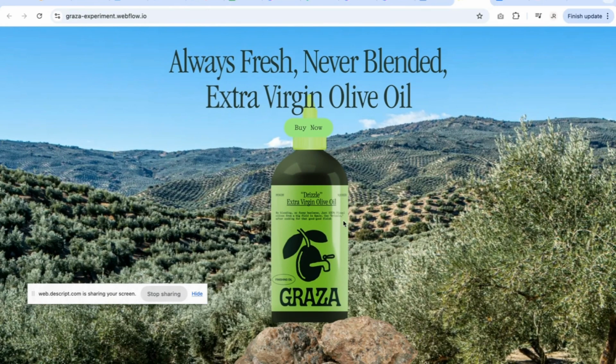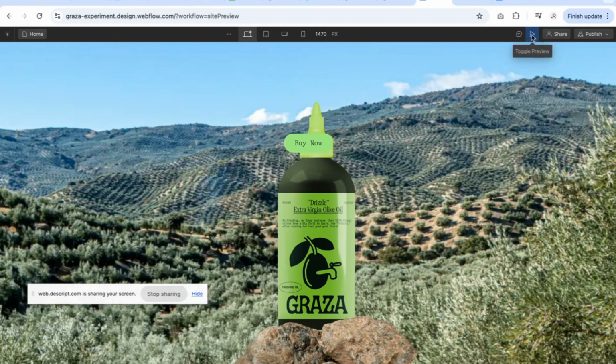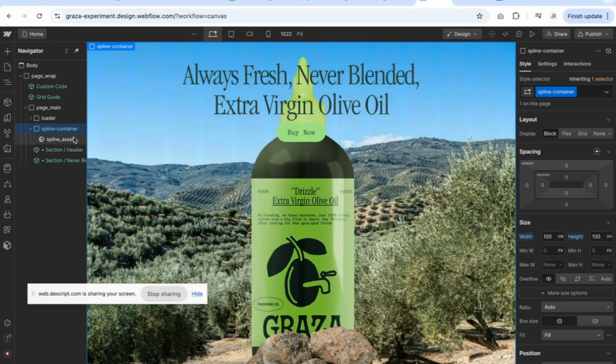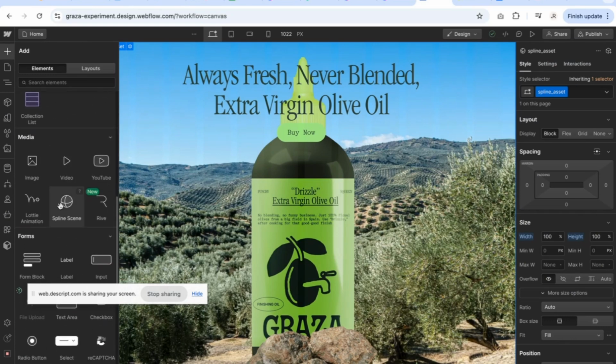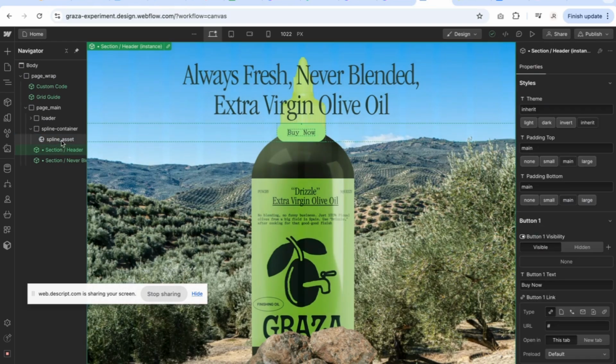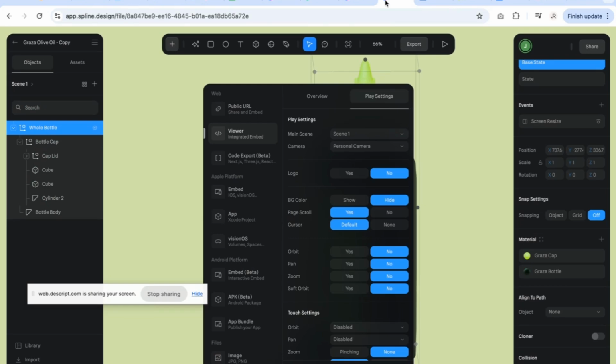Okay, this is in the middle of the screen. How is it in the middle of the screen, Jack? Well, we've got an embed. So what I've got here is this Spline asset. You can add your own Spline asset by scrolling down to Spline scene. Once you put your Spline scene in, you'll have this Spline scene settings, and it says URL, and you're like, what the hell's that? Well, this URL is simply